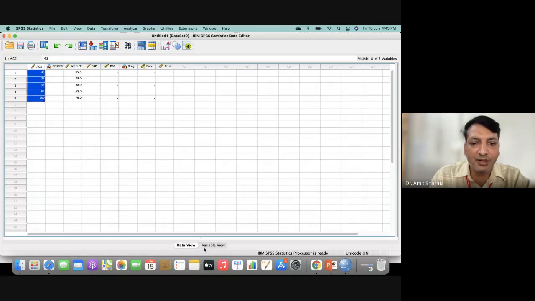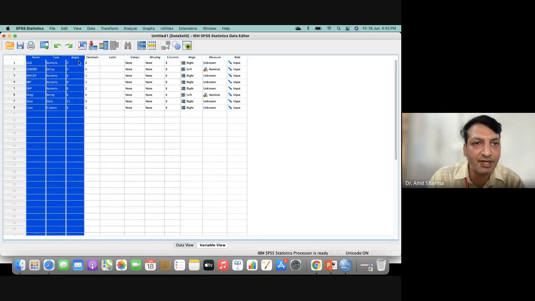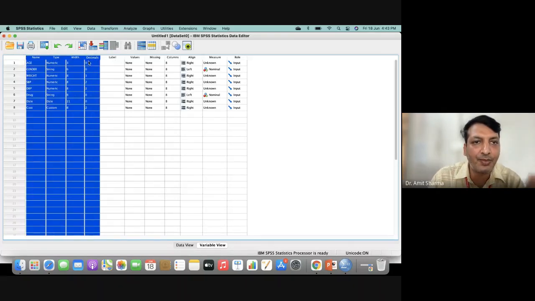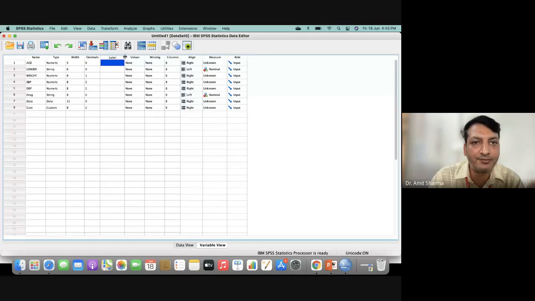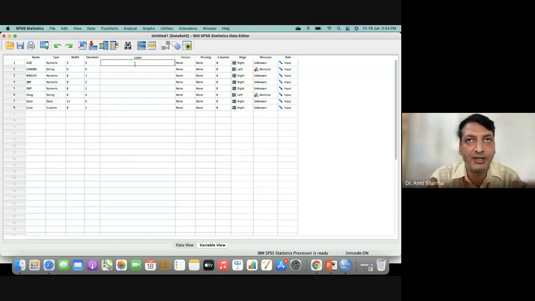Now I'll come to the variable view again to make the sheet. These 4 we have studied, what is the meaning of these 4. Now the next option is the label. This is very important if you want to do smart work. Some of my students fill this and some do not; that is your own choice.